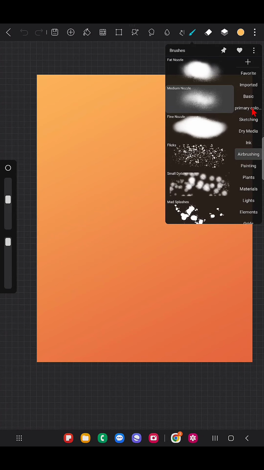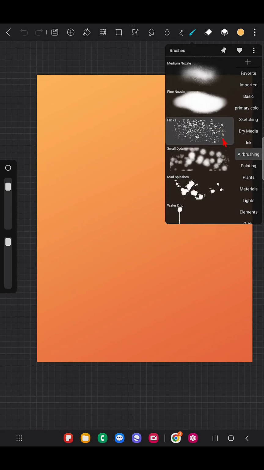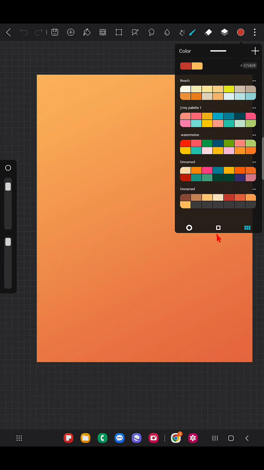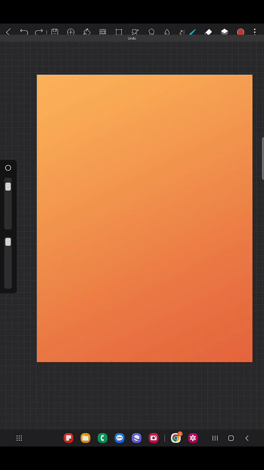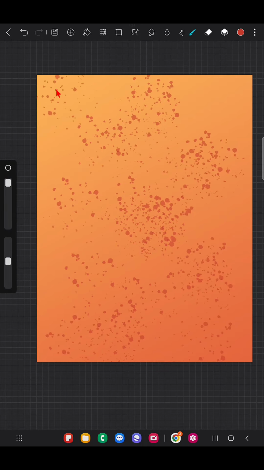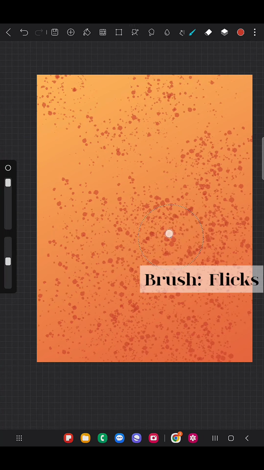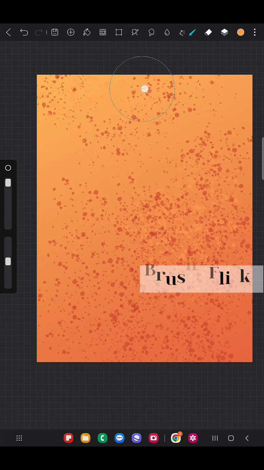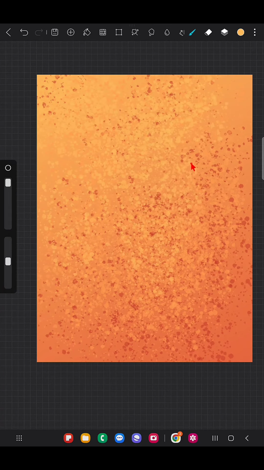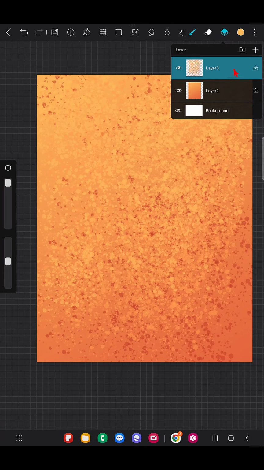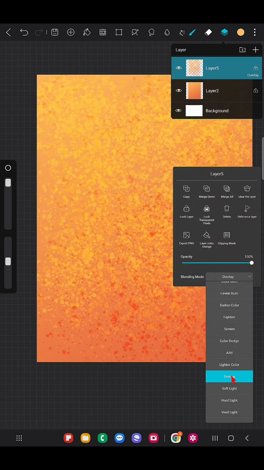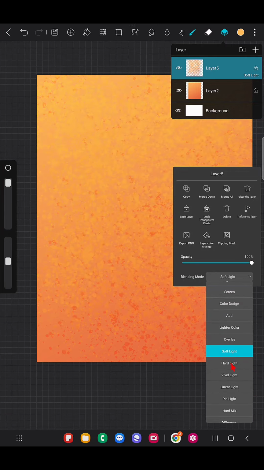And in a new layer I'm going to use some texture, so I'm using this flex brush to add some dots-like texture all over the background. I'm using this and I feel like the color is more bright compared to the background, so I'm adding a little bit of yellow and orange the same way, and I'm also changing the blending mode to make it more blended to the background, not too